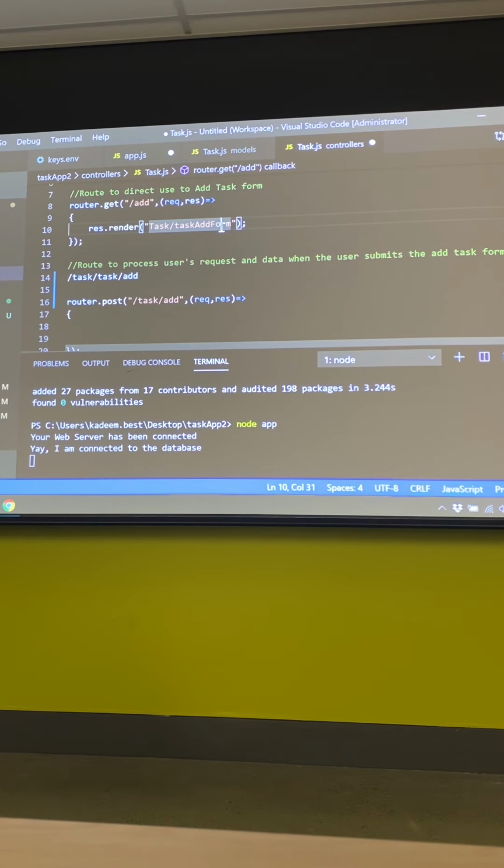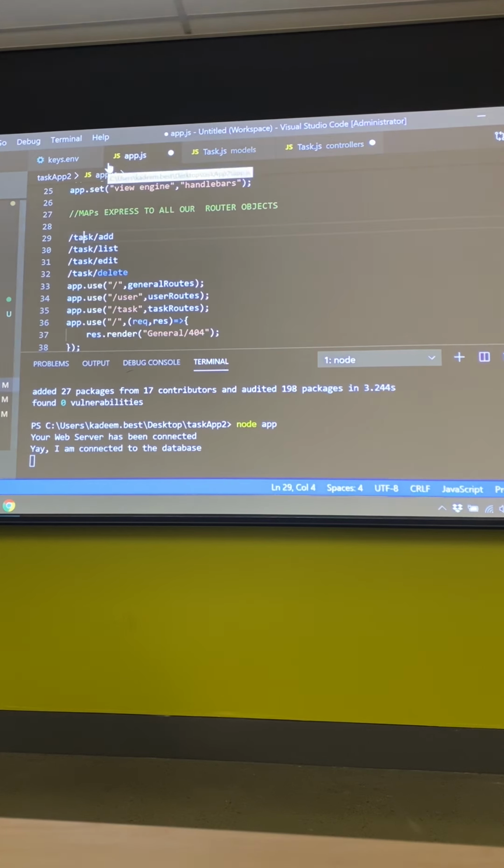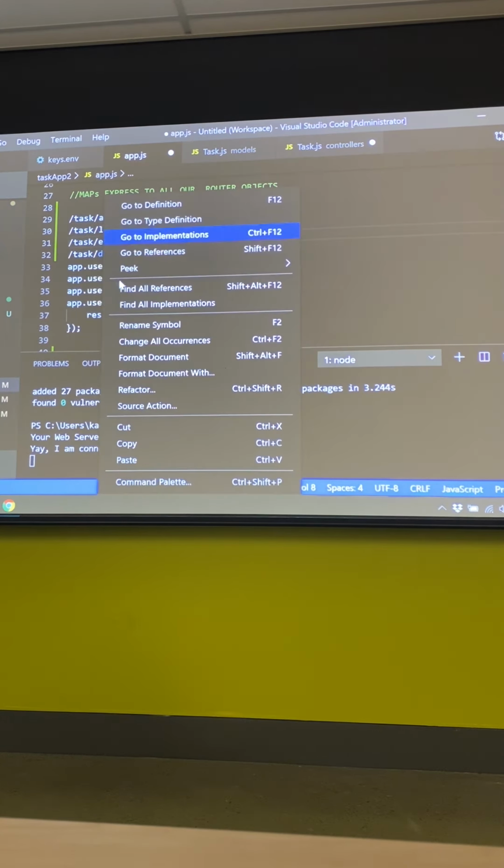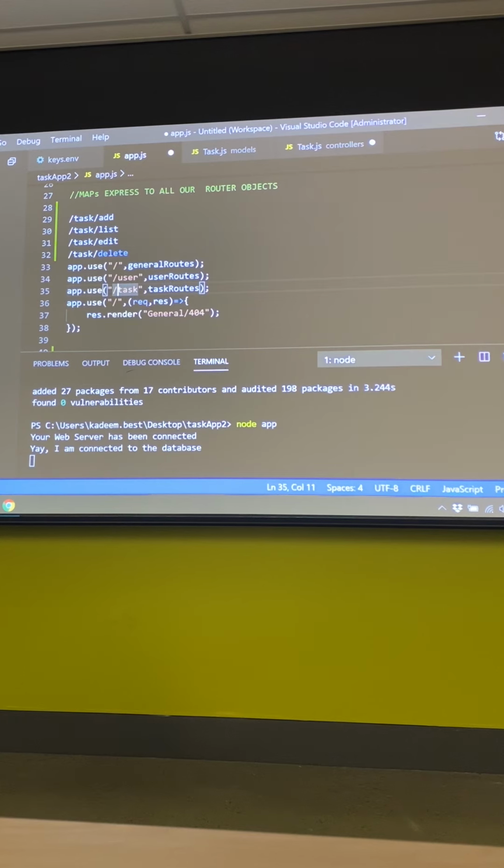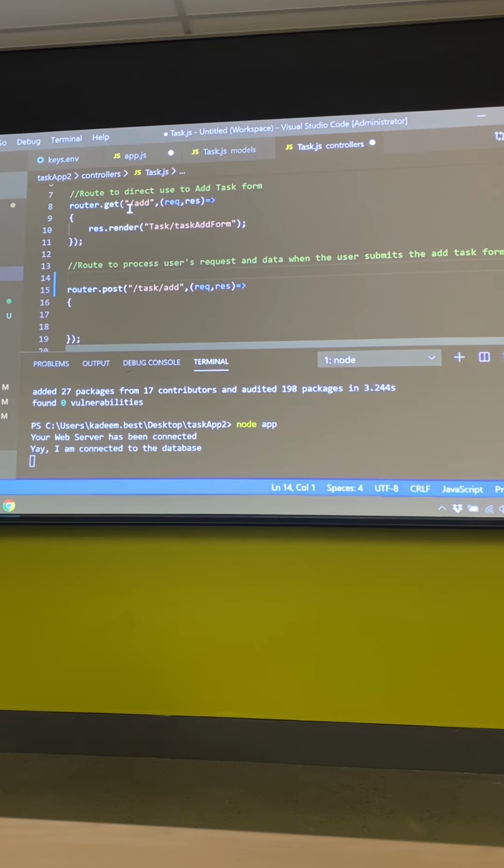/task/add. And that is something that doesn't exist. So remember with this controller concept, when you load in your router, your controllers in your entry point file, and you put /task, it's going to go into the controller and only look for what comes after what is specified here. So in your controller, you're going to start from what comes after the /task,